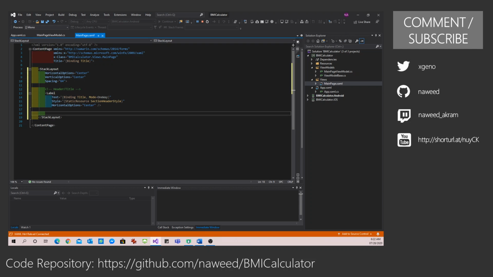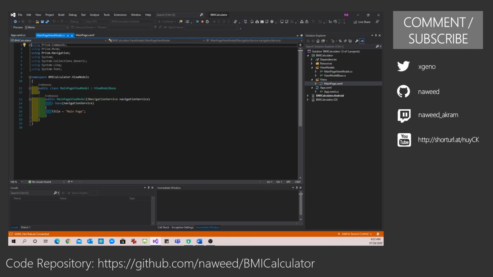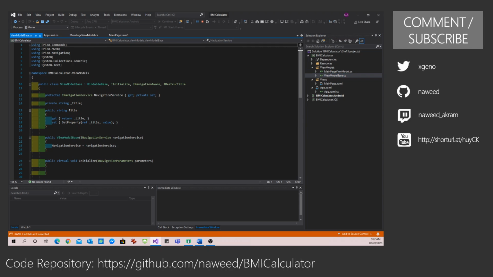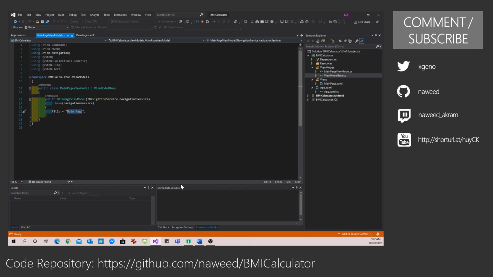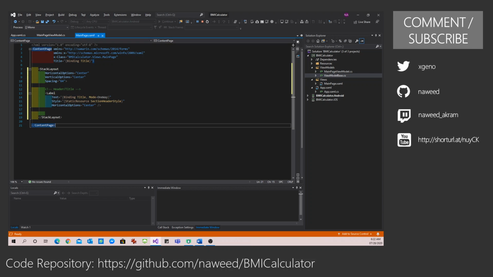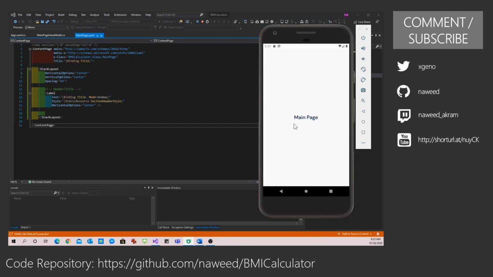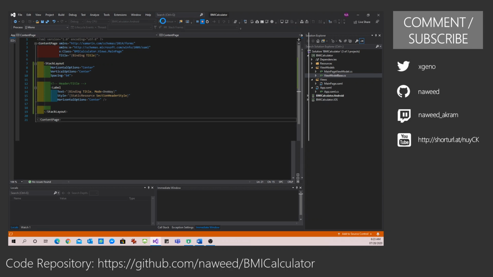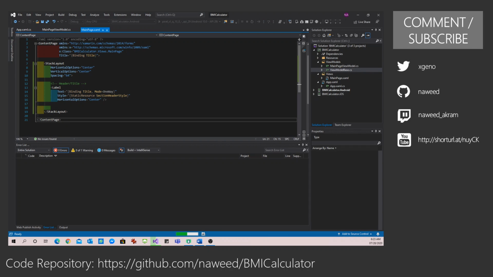So this is where the header is going to be displayed. For this header, you can see I'm binding it to my title property. Now every view model has a title property because it is deriving from this view model base class, and if you look at the view model base class, it has this property title. So this is where I can set it to choose your gender. Now of course it is not going to reflect because for this I will need to rebuild the application. If I save this and see, you can see it is showing main page at the moment. If I stop and run this, it will be showing us choose your gender.